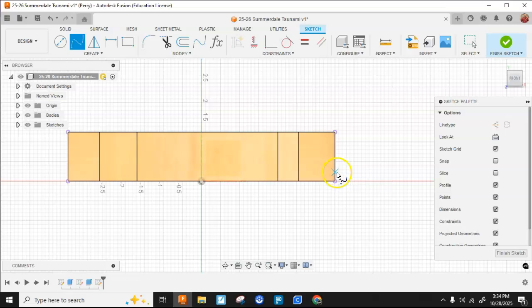So I'm going to start here, and I'm going to make it go up, and then back down, and then up a little higher, and then back down to the midpoint there. I'm going to hit,